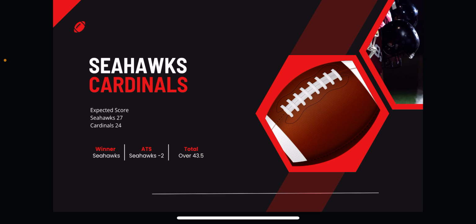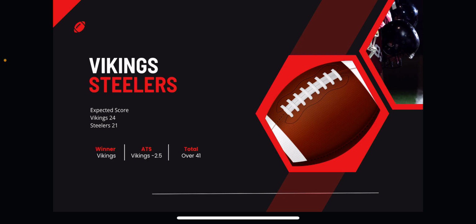The only concern I have with that is that the Seahawks defense is pretty good, so I would not be surprised if they shut down the Cardinals and the Cardinals end up scoring less than expected. But it could also be one of these blowout games where they're up 20-0 by halftime and they just let them do what they're going to do. So if I had to take the over, I would, but it'd be over and then the Seahawks -2.